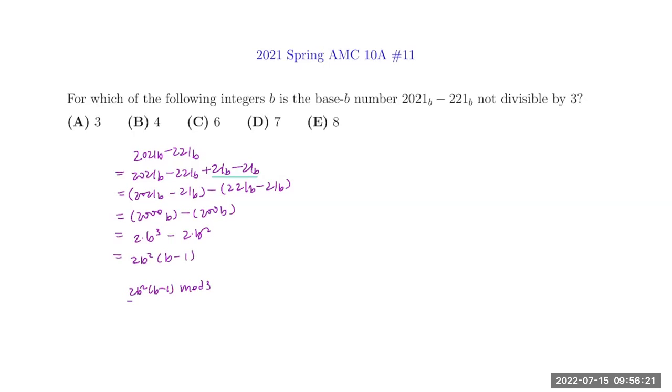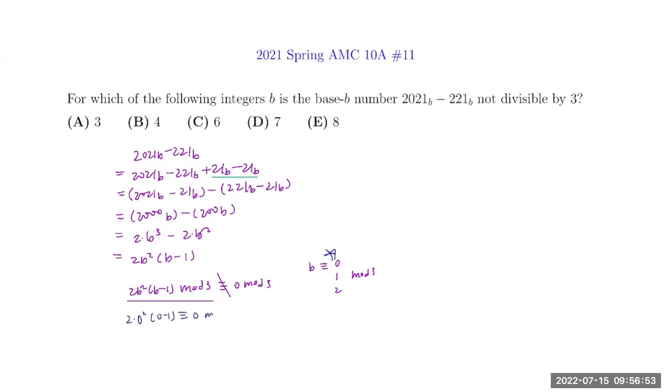Okay, so if we look at what it is mod 3, we realize that this has to be congruent to 0 mod 3 for it to be divisible. So let's look at when it's not congruent to 0 mod 3. The number b itself can either be congruent to 0, 1, or 2 mod 3. Let's look at each of these scenarios. First off, starting with 0 mod 3, we have 2 times 0 squared times 0 minus 1, which is congruent